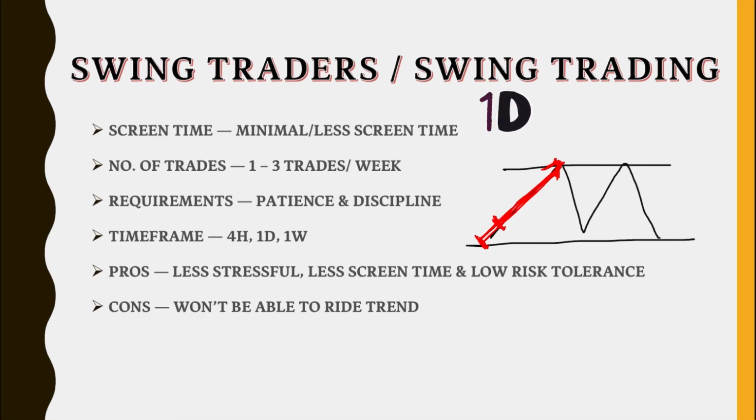Now going back, after you exit from the resistance, you have to wait for another opportunity to be able to ride another swing within the market. So in this example, we have to wait for it to bounce back at the support level before we enter another swing. Once it bounced back, that's when we enter the trade from the support up to the resistance again.